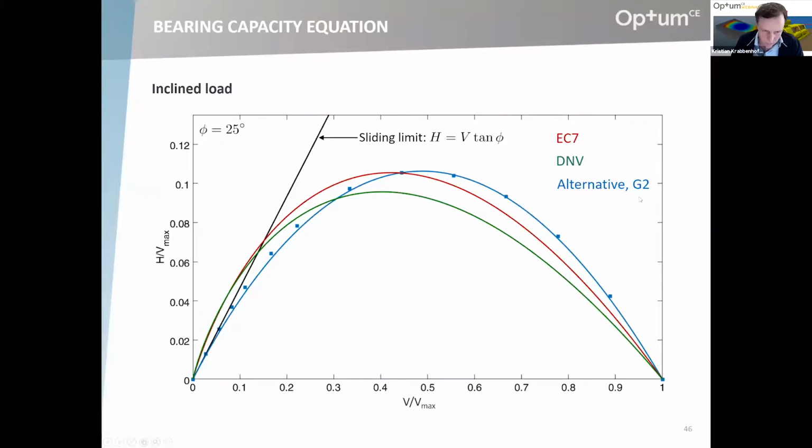This is G2 with the large upper and lower bounds. So, no, it's not as if it's orders of magnitude. It's just that